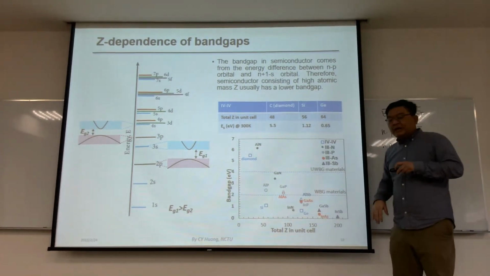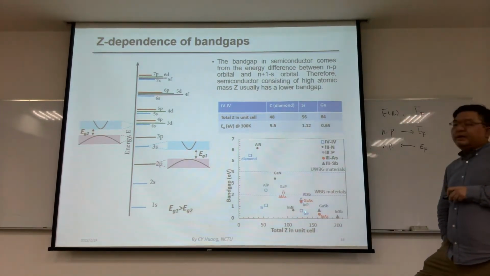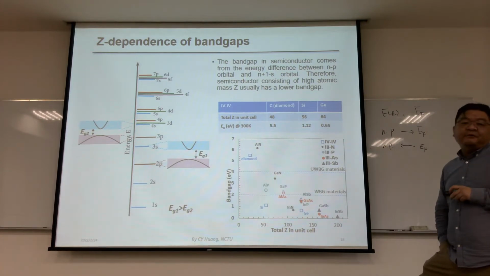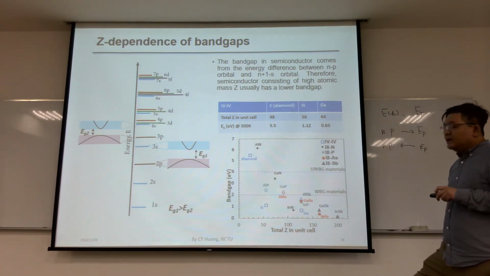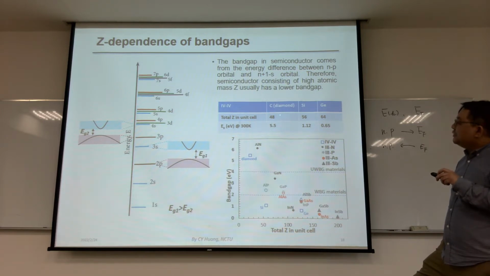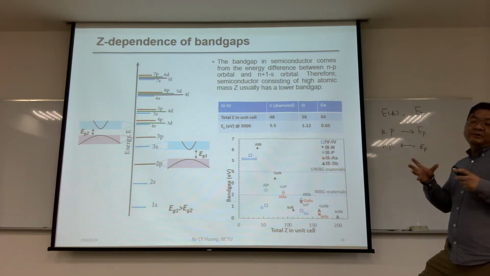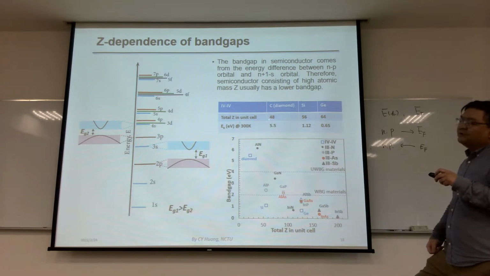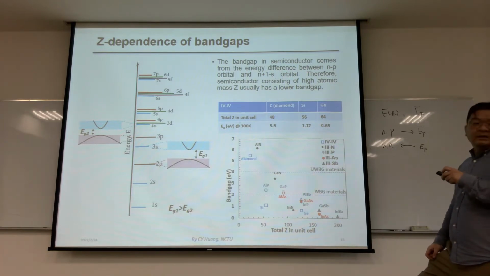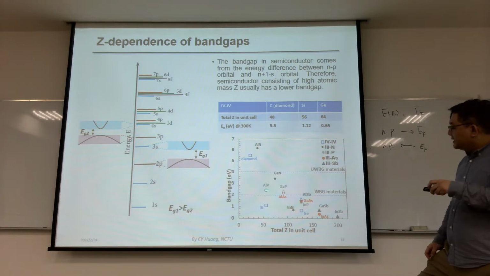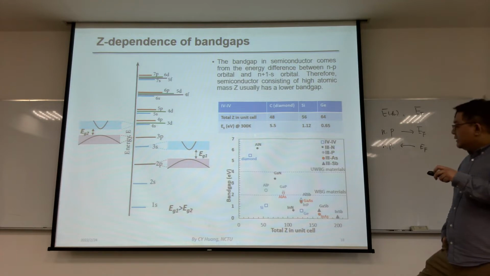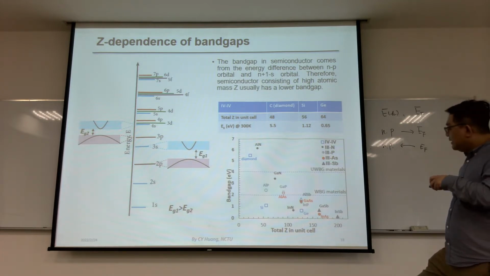So if I plot all the III-V and the IV-IV compound semiconductors in this figure, you see that the total Z, the atomic number, for example for diamond, you have 4 carbon atoms in one unit crystal, so the total Z will be 6 times 4, so it's 24. Similarly for all the elements, you see the one with the largest band gap is down there, the nitrides. And when the Z increases,